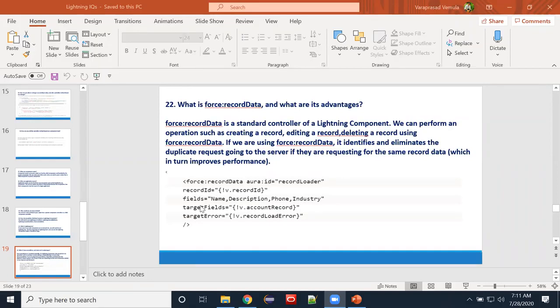So what is force:recordData? It is nothing but Lightning Data Service, right? Yeah. In Lightning Data Service, we can create record, update record, delete record, modify record, right? So what is the syntax? We can specify recordId. Why are we specifying recordId here?